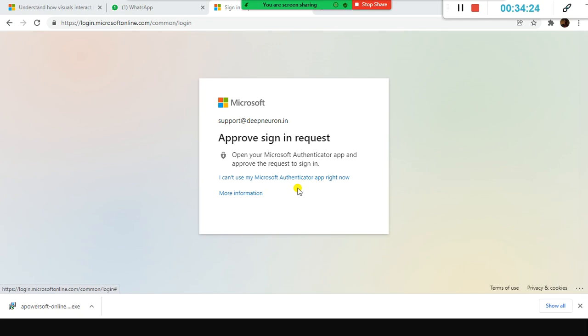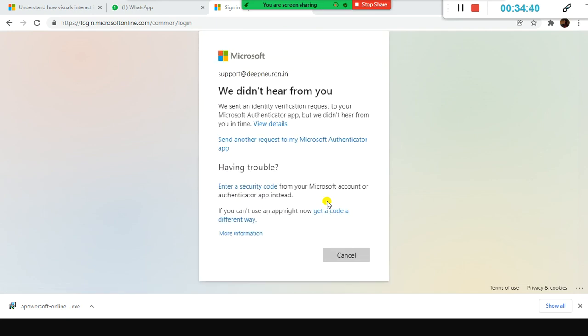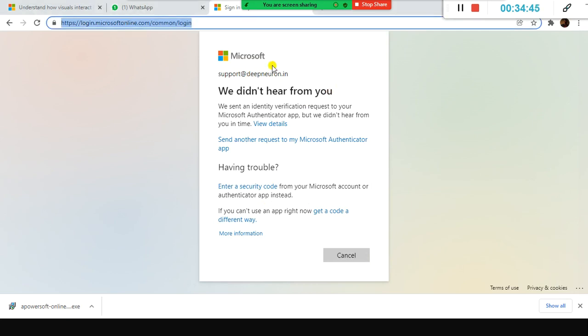Next, look here, now it is asking me to approve it from my mobile phone. I'm going to select approve here, but it waits only for some time. I did not approve it quickly, so I'm having trouble. In this case, I need to send another request to my authenticator app.